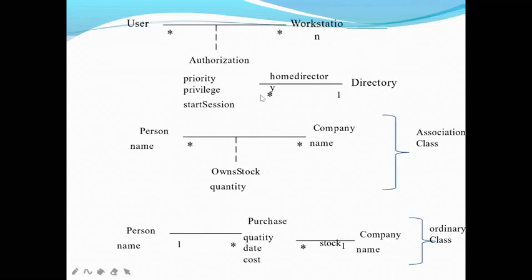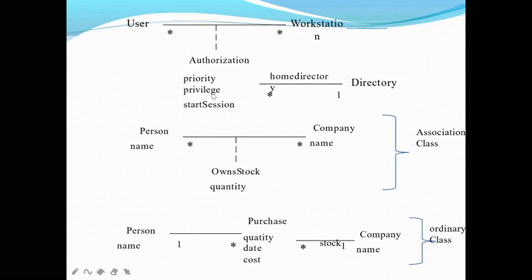So here you can see everything is put together. Here you can see the user and the workstations. Here I have used the association class, okay, because everything is in the dashed line. What association class have I used here? Authorization. Okay, so the user has to be authorized for the workstation. So that is a different class. It will also act as my class. So multiple users can work on multiple workstations, and they have to be authorized.